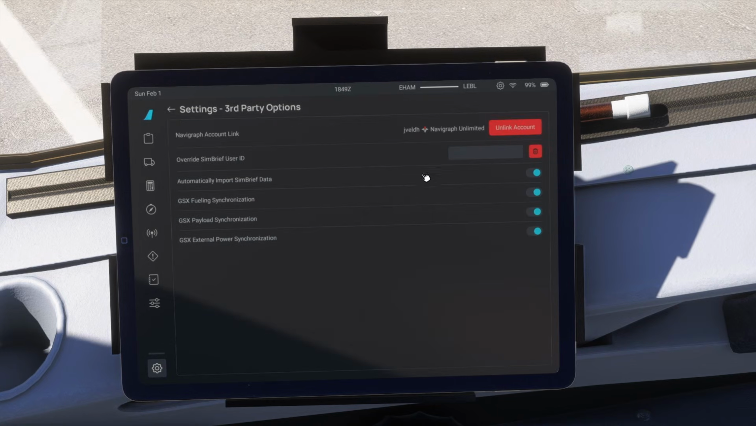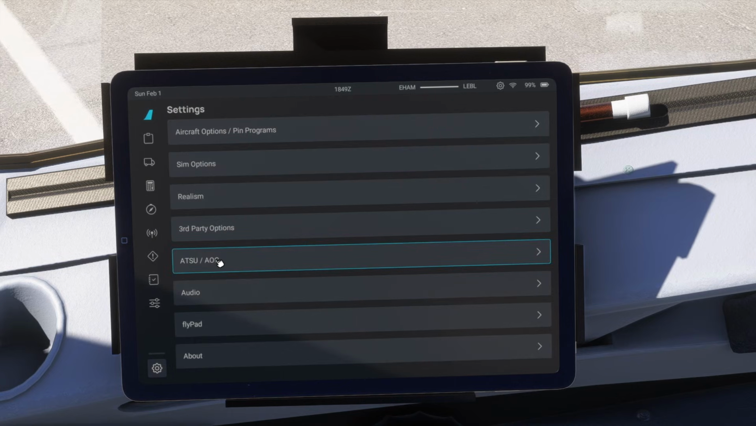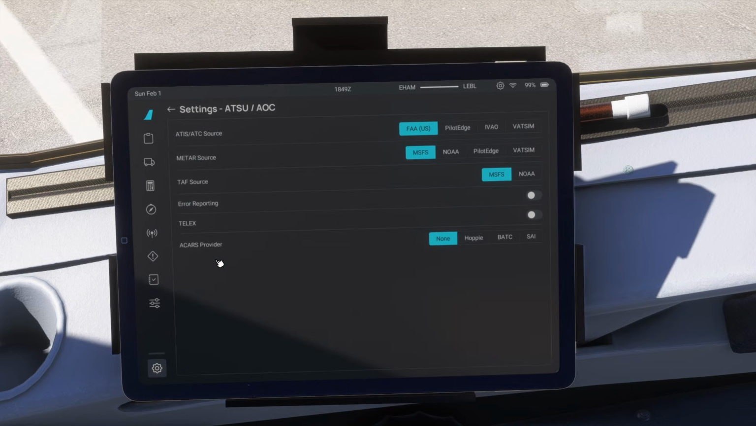Then third-party add-ons, this is where you see the Navigraph addition, but also the GSX integration. So if you have both, then you can benefit from this in the fly-by-wire settings. The ATSU, says AOC, that has to do with the data sources, because by default it's set to FAA, but